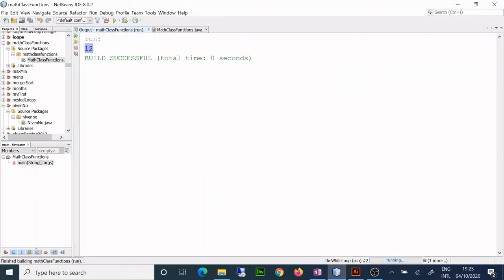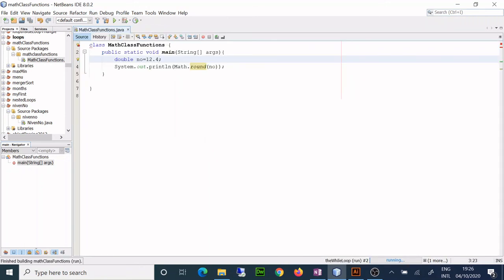Why am I emphasizing these things? The reason is that these questions are asked year after year, and you have to prepare yourself accordingly. So these are three: math.ceil, math.floor, math.round. Math.round does what you do in maths. If it is greater than or equal to 0.5, it will round up, and otherwise it will round down. Math.ceil will round it up no matter what the number after the decimal is, and math.floor will round it down no matter what the number after the decimal is.